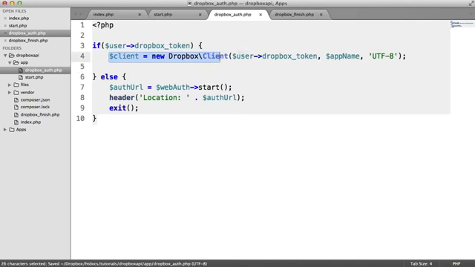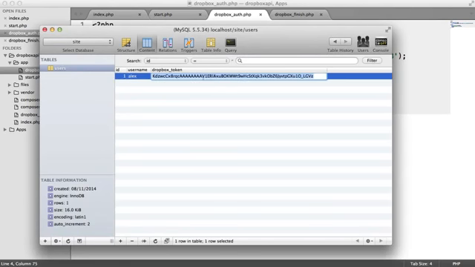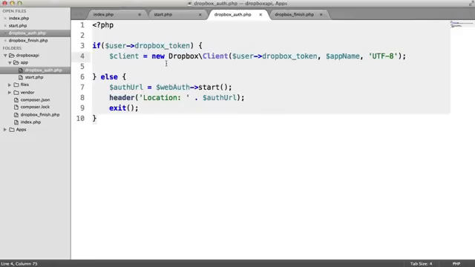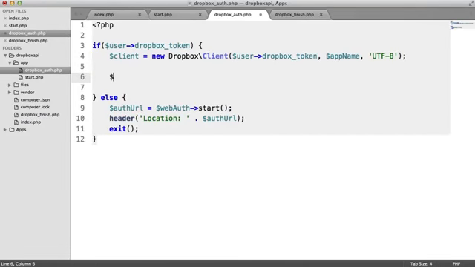So this in itself won't error. If, for example, I was to either remove this token or just make it invalid, so I've just removed a big chunk of that, you'll notice that we won't actually get an error because we're not actually sending any requests to the API. We've created our client, but we're not sending any requests. So how do we send a request to the API? Well, we just use the